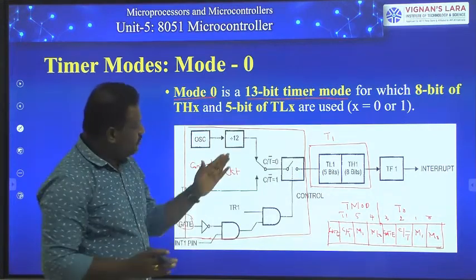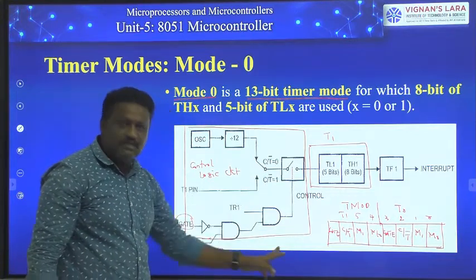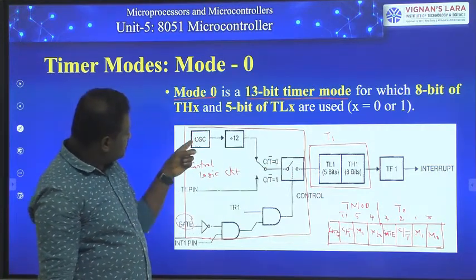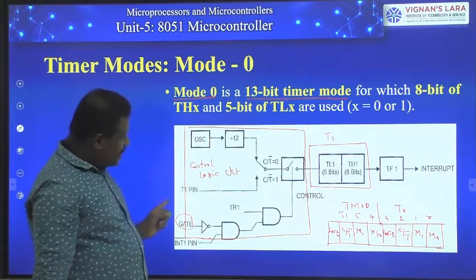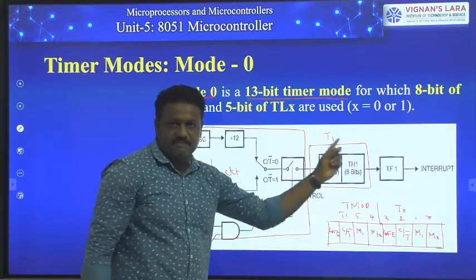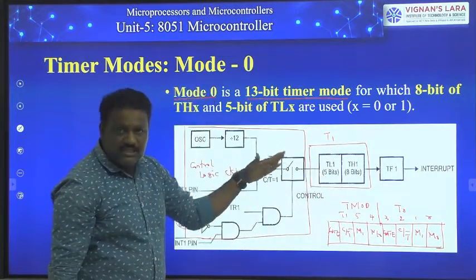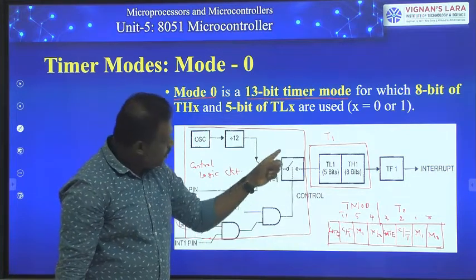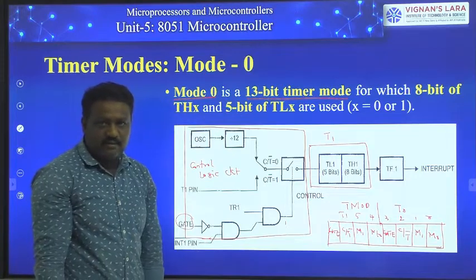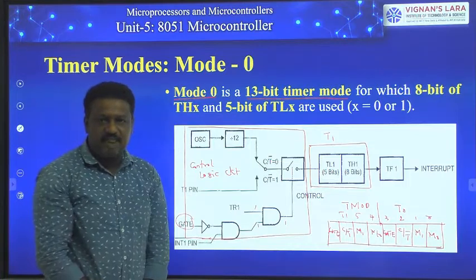See here friends, once this second switch is closed, which is controlled by a gate, the clock pulse coming from either the oscillator circuit or an external device is received by the timer stages. This is your timer T1 stage. It receives the clock signal once this second switch is closed. When this second switch closes, the gate produces logic 1, which requires both of its inputs to be 1.